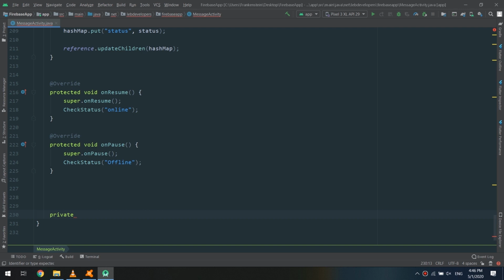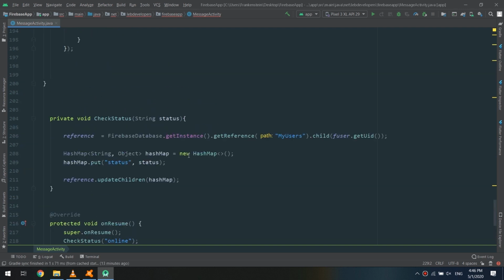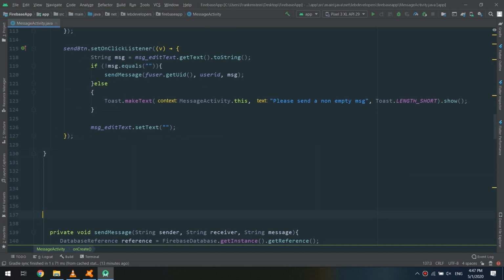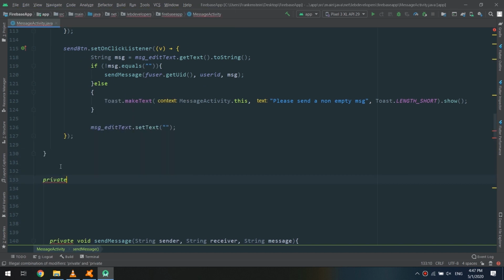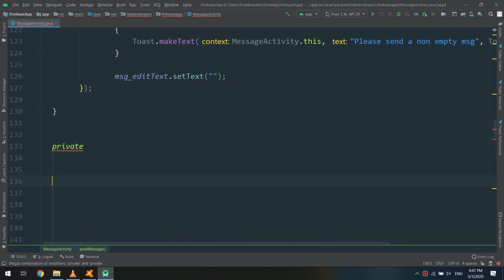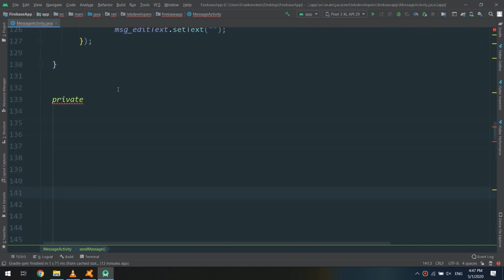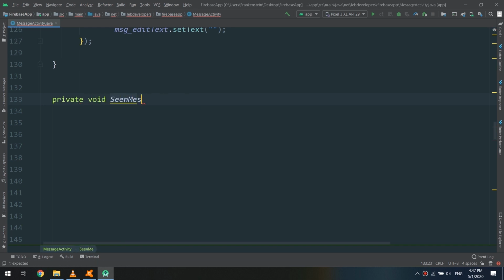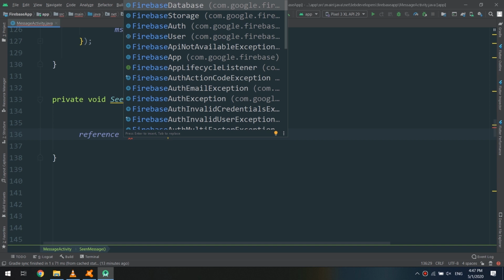Now the private, I will create here the private scene method. And this way, private void scene message, and I will get the string user ID as a parameter for this method, and the